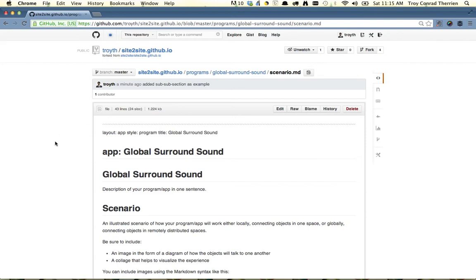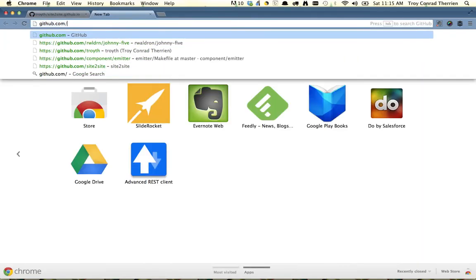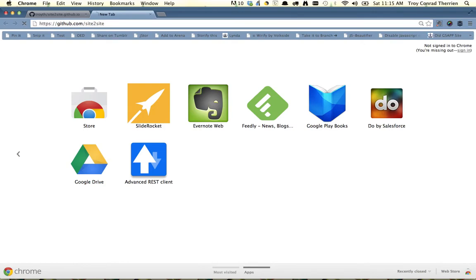You're going to want to go through and follow the assignment to upload one object and one sensor and one actuator. Once that's done, you're going to want to go through and do what's called a pull request. So because this is in my local directory, I haven't changed anything on the site-to-site version, the main kind of master version. So if I go to github.com/site-to-site,